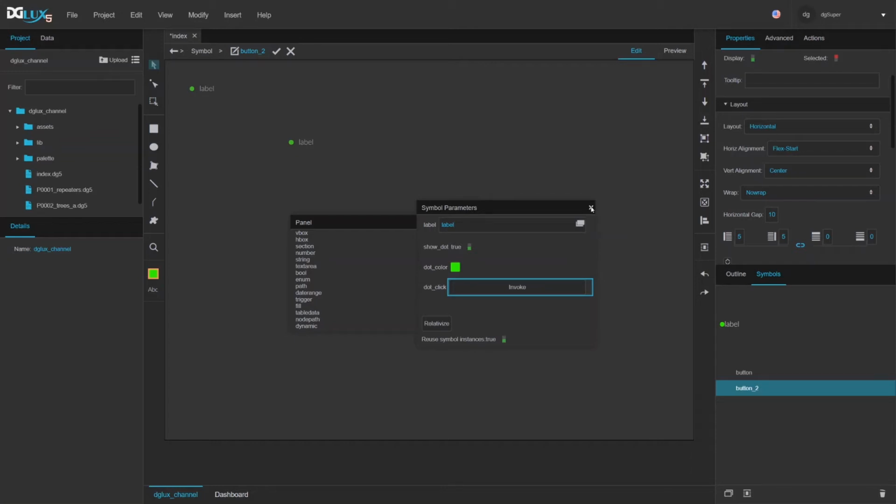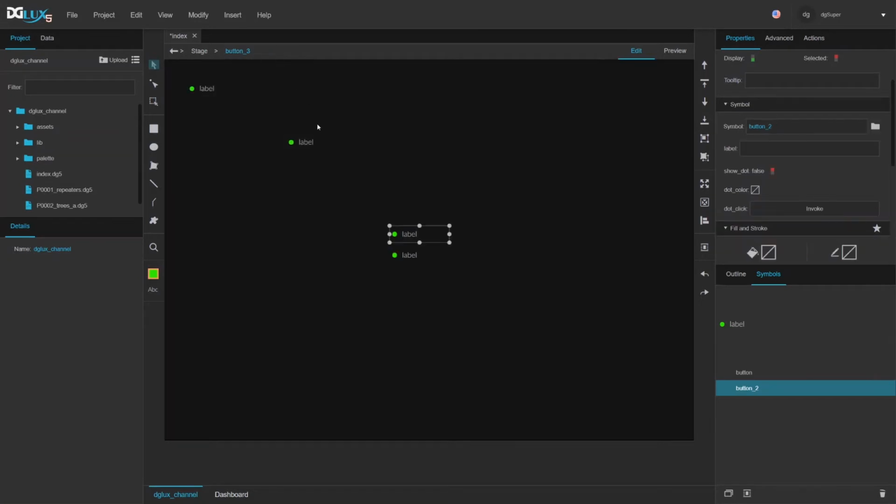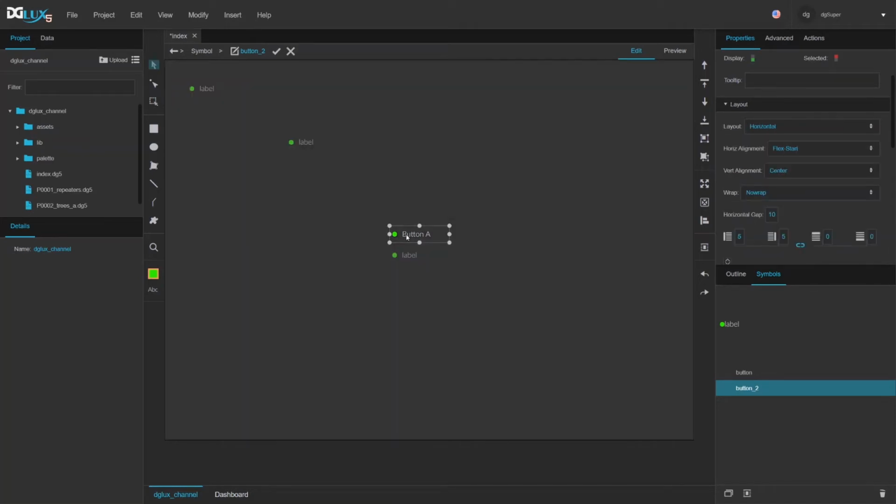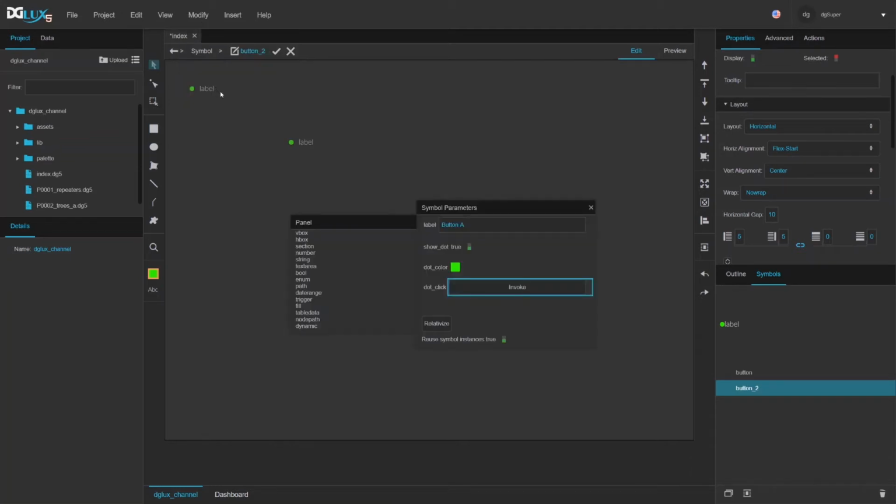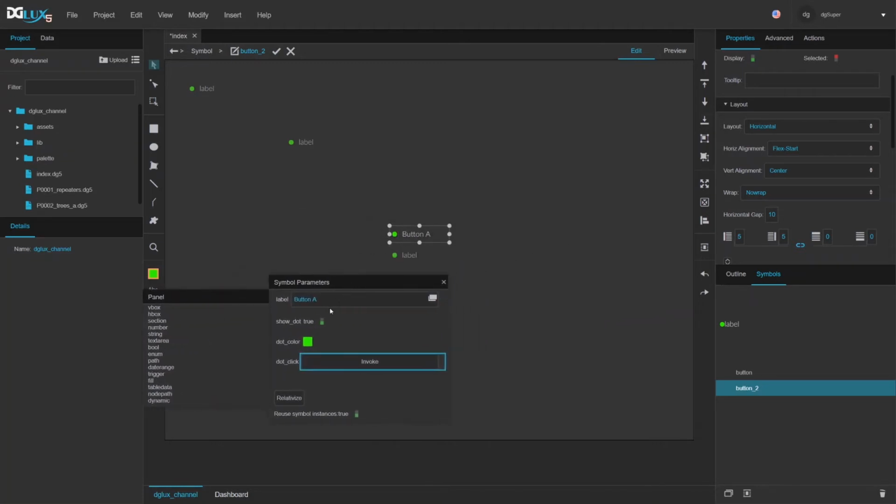Now, let's look at another scenario. Let's pass a value into this. Let's call it button A. And now let's go and edit this in context. And this is where the word in context starts making sense. If I look at symbol properties, it has the value button A, the same value that I passed into this